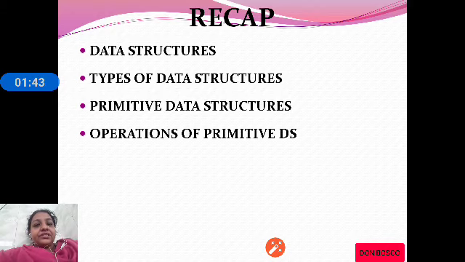We had a discussion on the different operations that can be performed on primitive data structures, that is create, select, update and destroy.